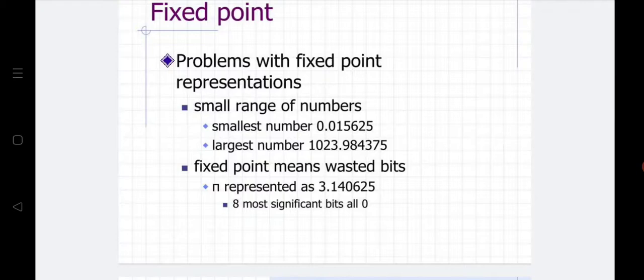If suppose I want to represent only the number 4, how will I be using it? As 4.0. So what happens is that the first digit on my left side and the one digit on the right side, both digit values have been wasted. So I am wasting a lot of bits during my representations. My most significant digit I have wasted, and the least significant digit towards my right side also I have wasted. So by using the fixed point representation I am going to waste a number of bits.